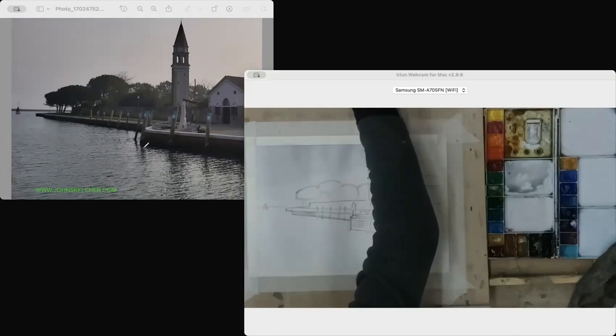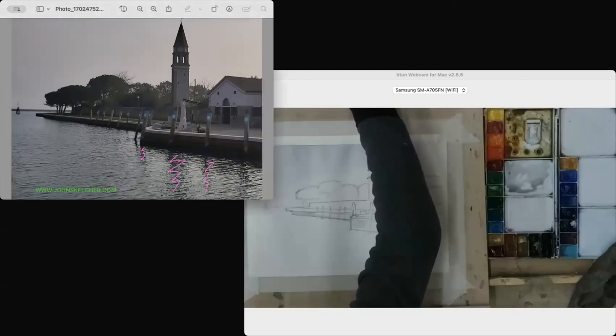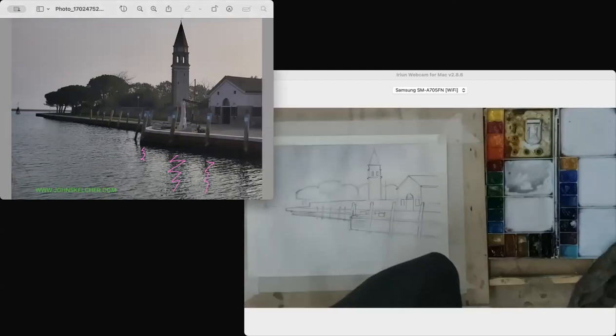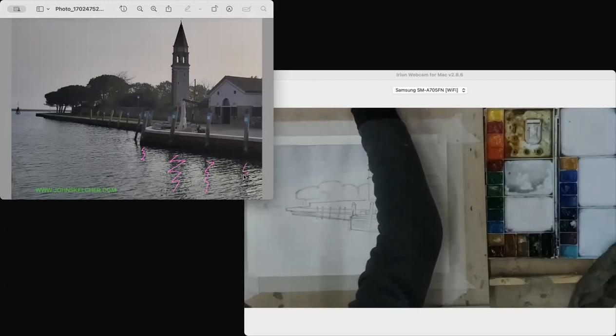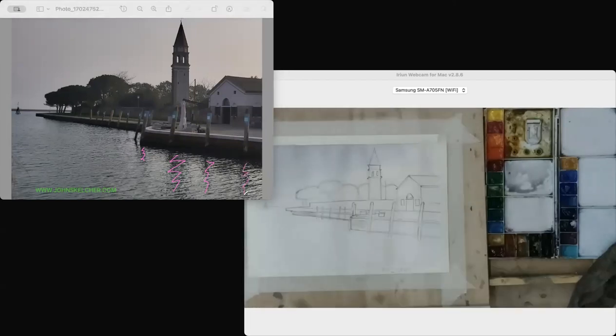So here, here, here, and should be another one here. So these go in while it's wet into wet. If I can find the pencil thing again. Another little ripple there. And what I tend to do is I will look at my picture and I'll just